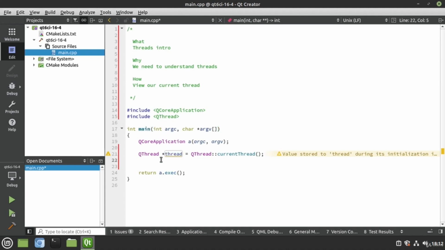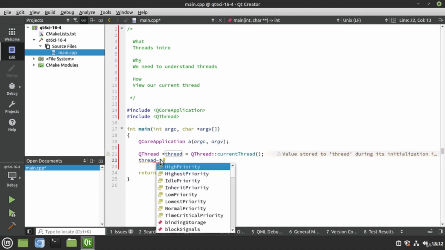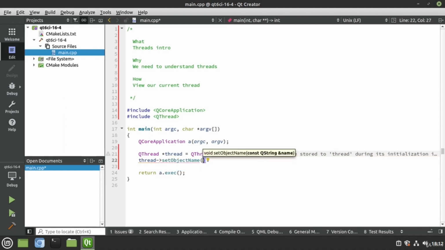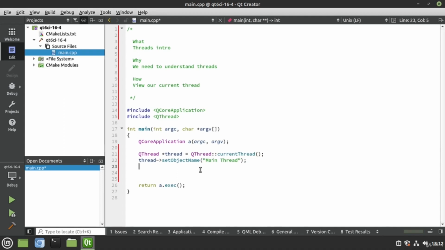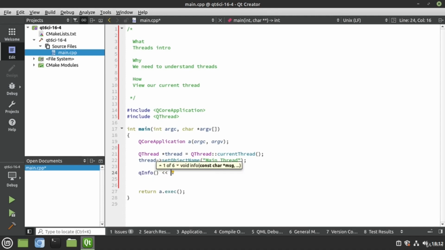Now that we have our thread, let's go ahead and say thread.setObjectName. And let's call this the main thread. That way, when we're in console land, it's very easy to see what's going on there. Now that we have that named, let's go ahead and say, hey, QInfo starting. A little bit misleading here, because the thread's actually already started, but